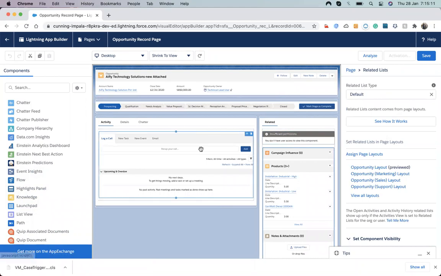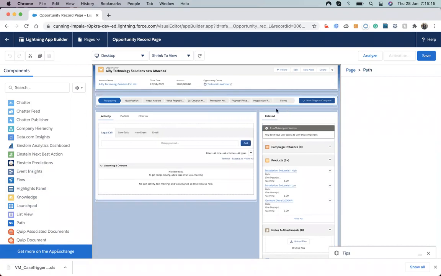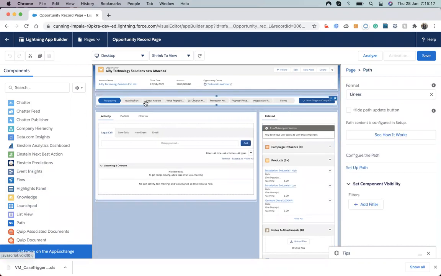Anything that we want to catch from the user while working up here. Suppose this is a path component which wants this design attribute format, linear or non-linear. So these are the design attributes.